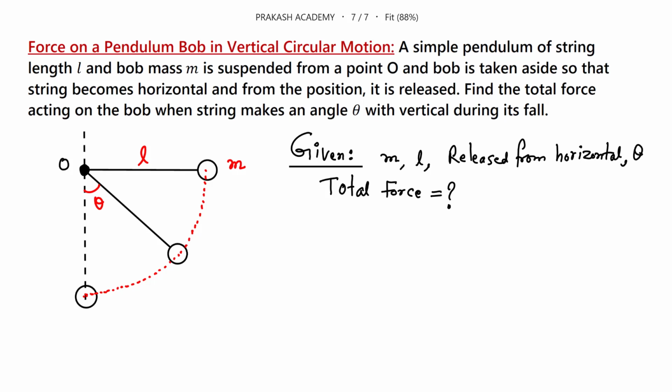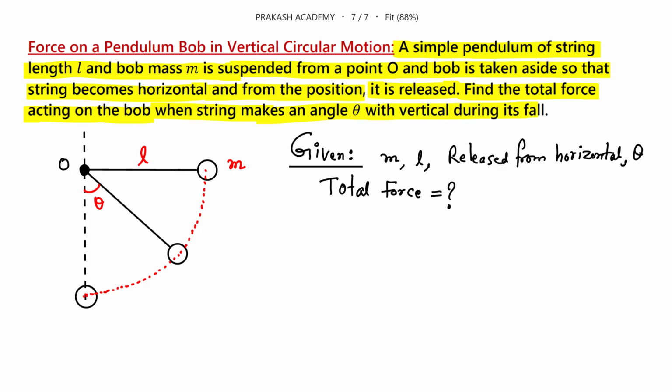Hello friends. So this problem is about calculation of force on a pendulum bob which makes a vertical circular motion. The problem says a simple pendulum of a string of length L and bob of mass M is suspended from a point O, and the bob is taken aside so that the string becomes horizontal. From this position, it is released. We have to find the total force acting on the bob